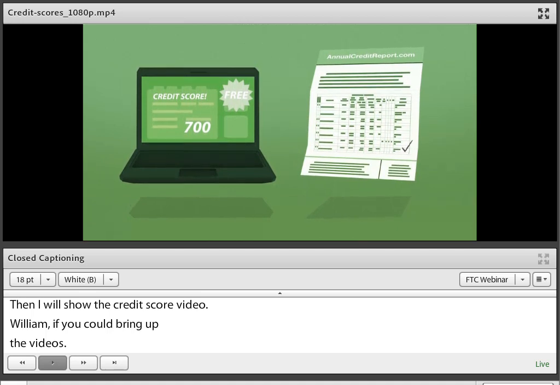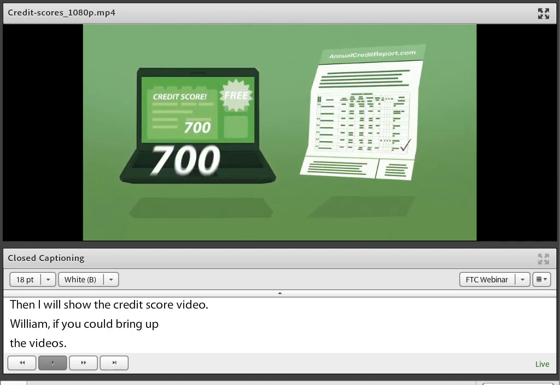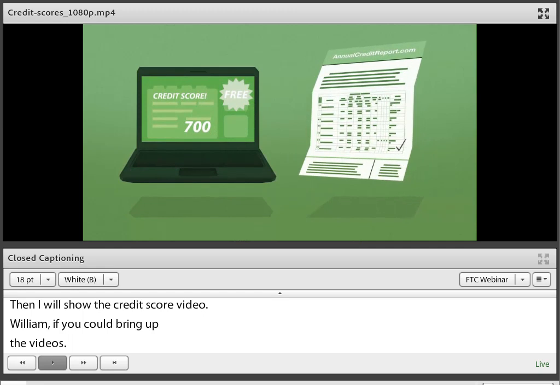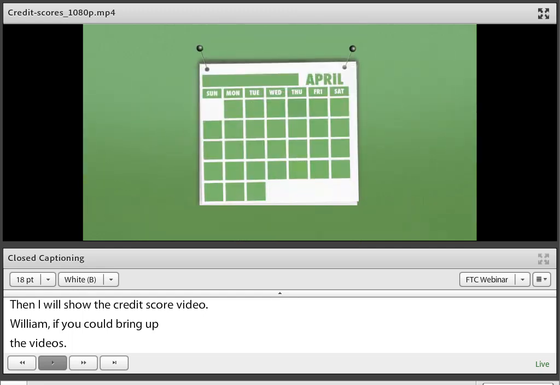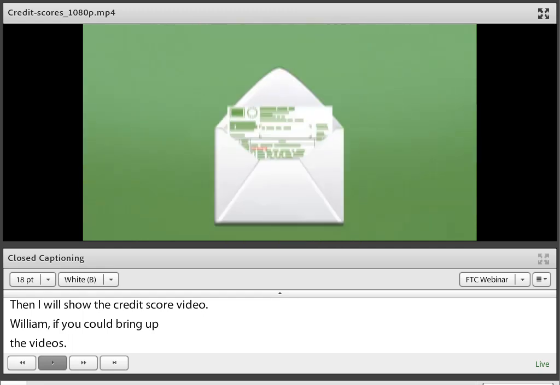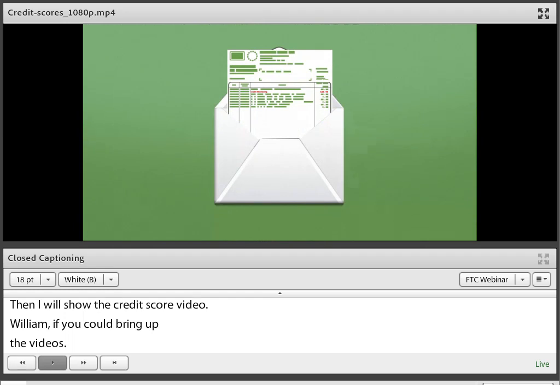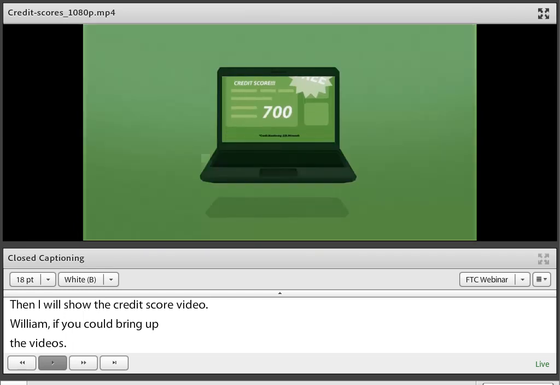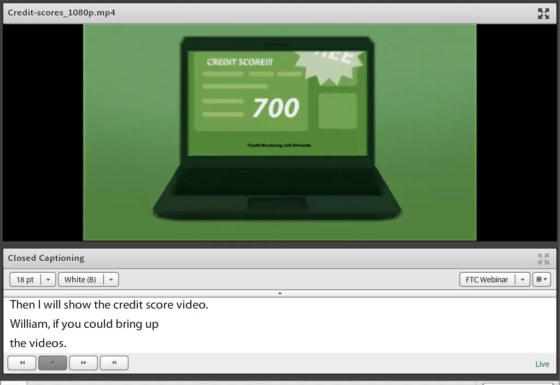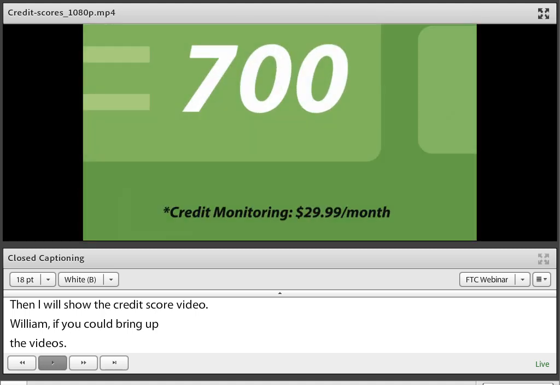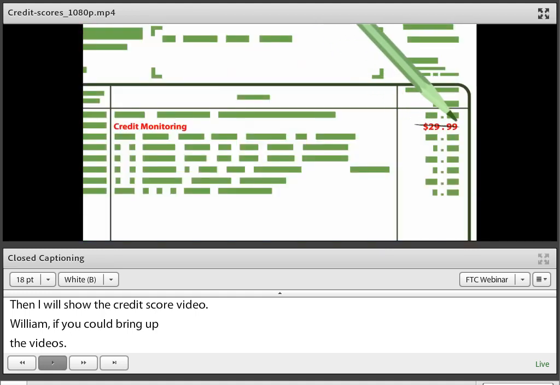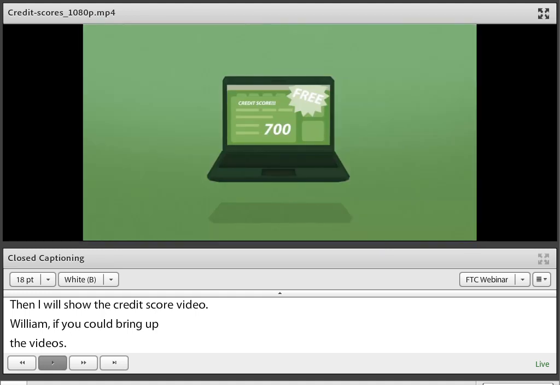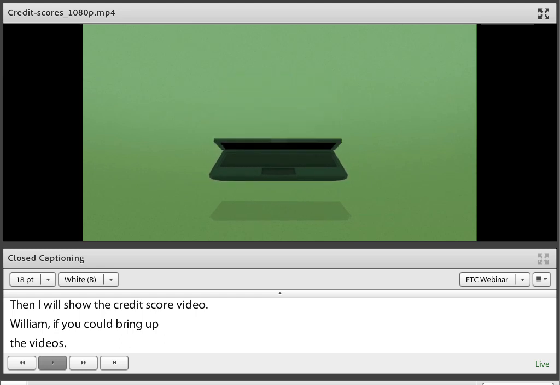Sure, Laura could see her credit information, but he knew his score, and it was free. But a month later, Tony changed his mind. His credit card bill had a strange charge for a credit monitoring service. It turns out his free score signed him up to pay $29.99 a month for credit monitoring. He got his credit card to cancel the charge, but Tony didn't think he got the better deal anymore.